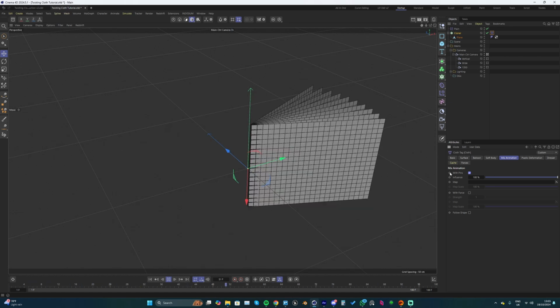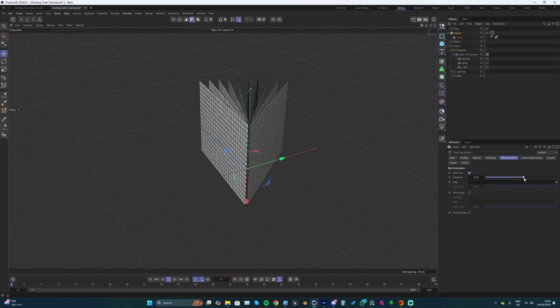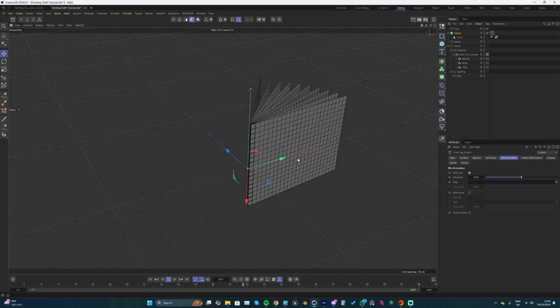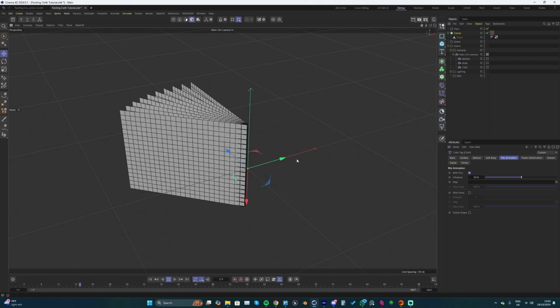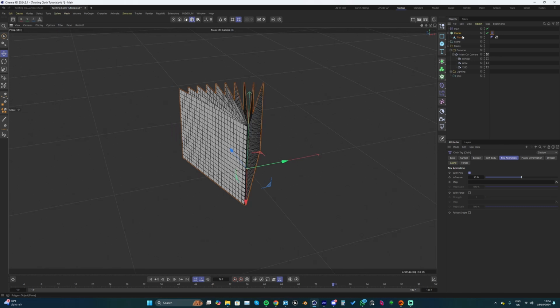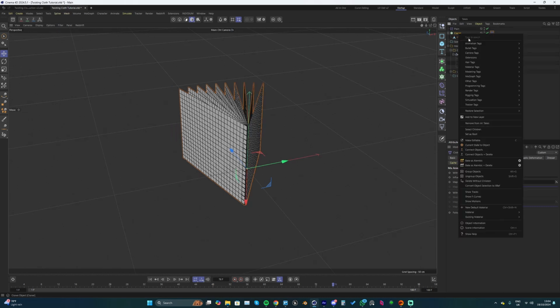Now we just need to play around with this influence. Maybe we could drop it to half. But that still isn't going to get the effect we want just yet, because we need to set some places where we want the keyframed animation to take control, and where we want the rest of it to be free, or simulate based on the settings we've set in our cloth tag. So what we can do is go to our cloner, right click, go to other tags